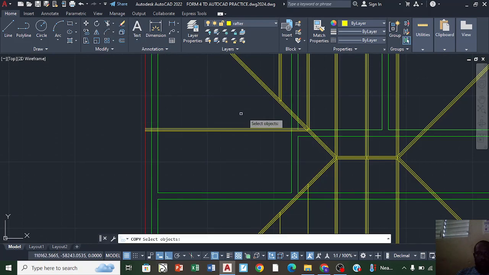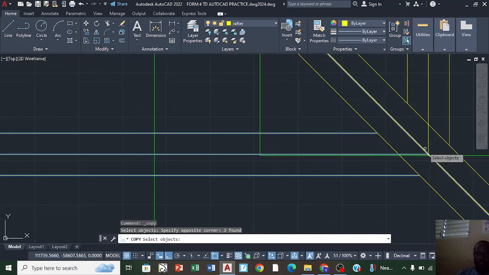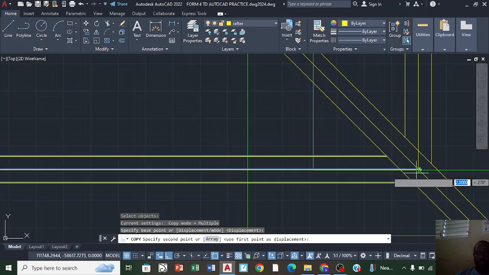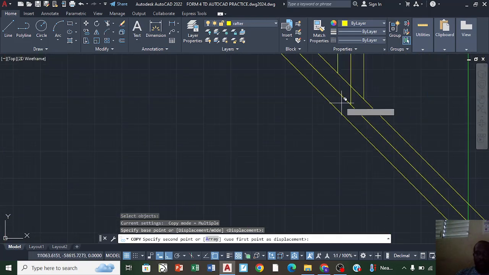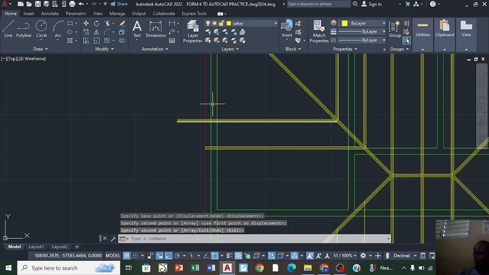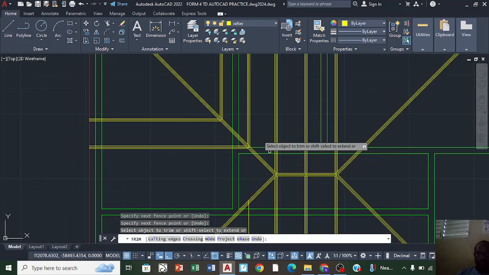And then I'm going to copy this line here, my rafter, 3 lines, select it at the intersection here, where all the lines are intersecting from the center, and I'm going to paste it to the other center here. I'm going to trim off my edges. So what I'm going to do now,